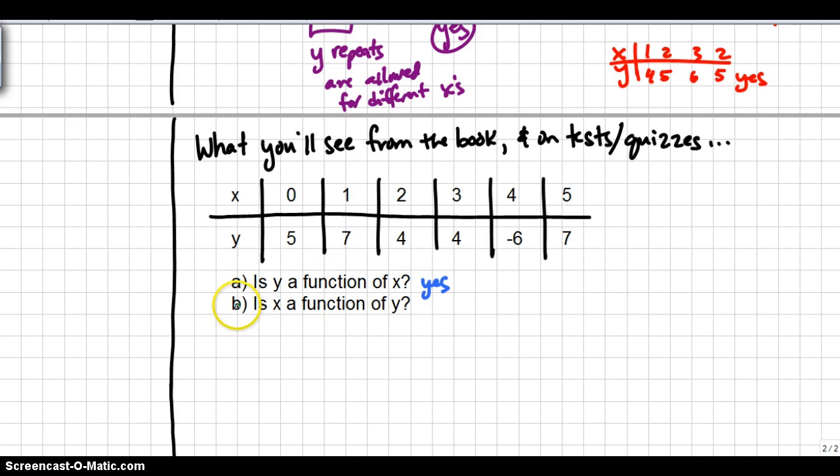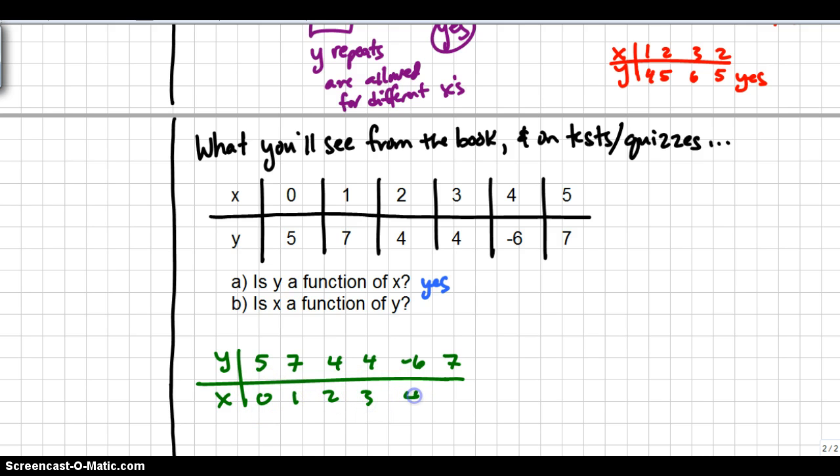The second portion of the question asks you to reverse the process. Now they want to know, is x a function of y? Personally, it's hard for me to visualize that table if it were upside down. So I usually tell students, go ahead and flip it so that your independent variable would be on the top and your dependent on the bottom. So I'm just going to take those values and turn them upside down. So I've got y on top now and x on the bottom. So on the top I'm going to have 5, 7, 4, 4, -6, and 7. And on the bottom,